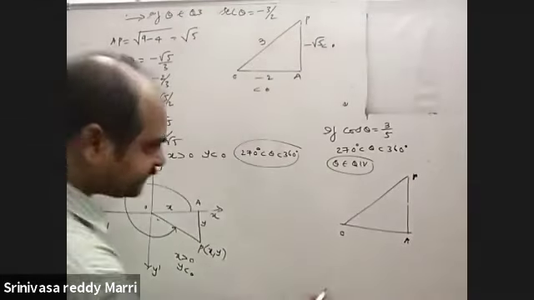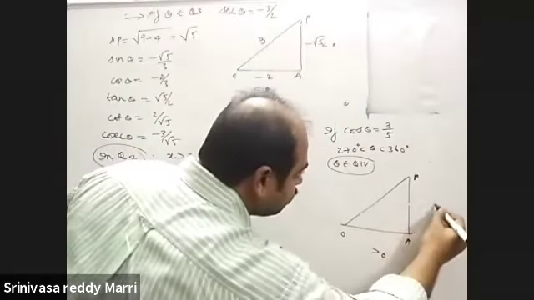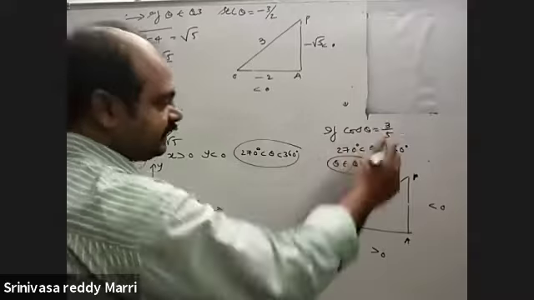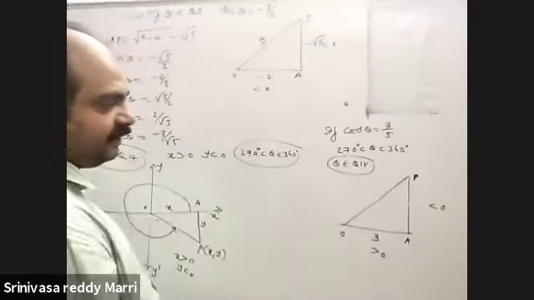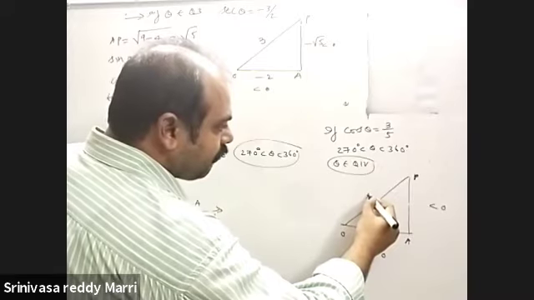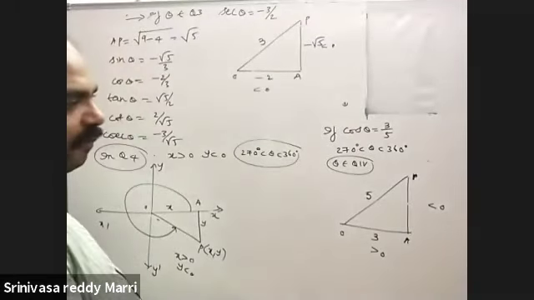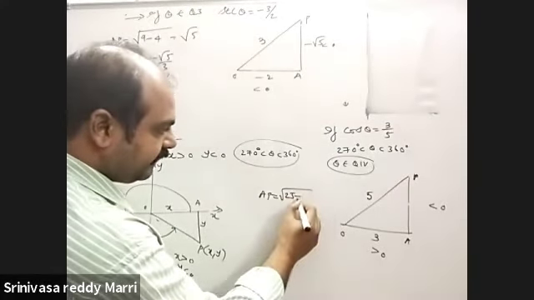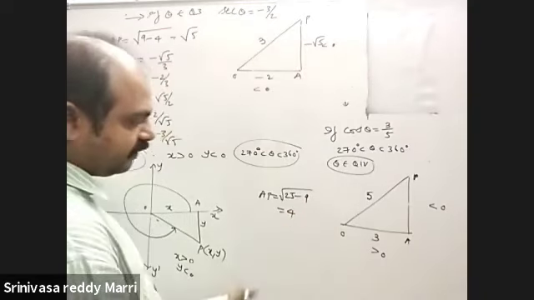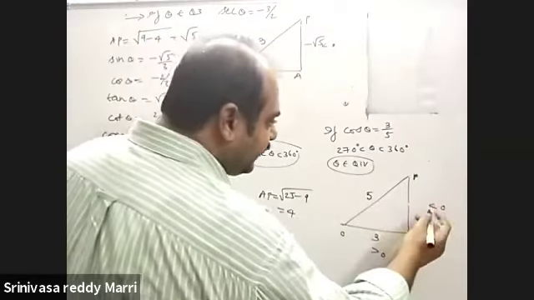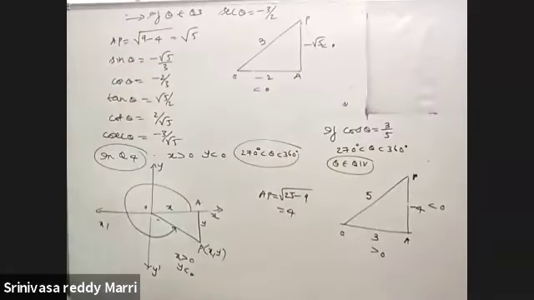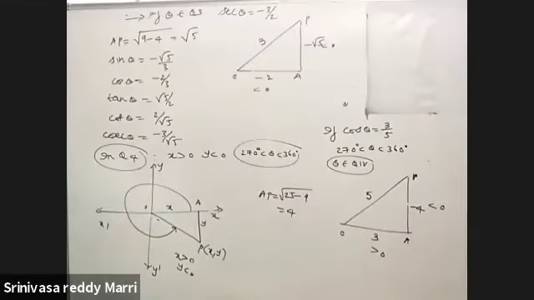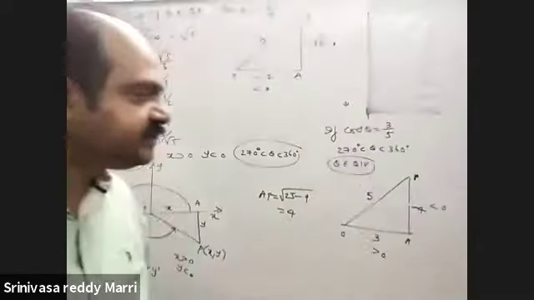Now what must be written? X must be positive, Y must be negative. Cos theta is given 3 by 5. So comfortably you write 3 only here. So this is 5. Now if you calculate AP, this is root of 25 minus 9. So this is 4. AP length is 4 only. But here you have to write negative. For writing trigonometric ratios, write negative because X must be positive and Y must be negative. If you write 4, you will get it wrong.